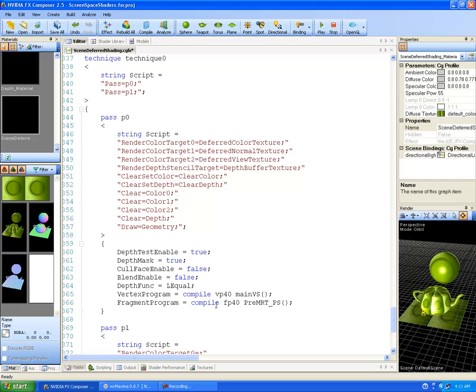And then we're going to say FragmentProgram. Now, mind you, you should be able to get away with VP30 and FP30. FragmentProgram = compile fp40 pre_MRT_PS();